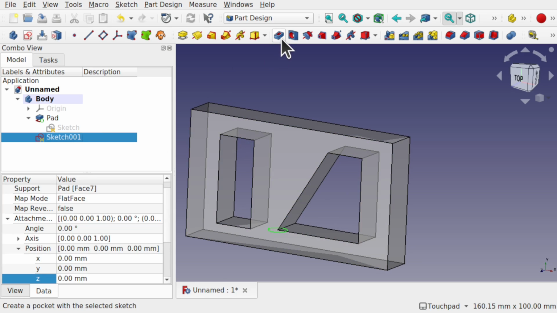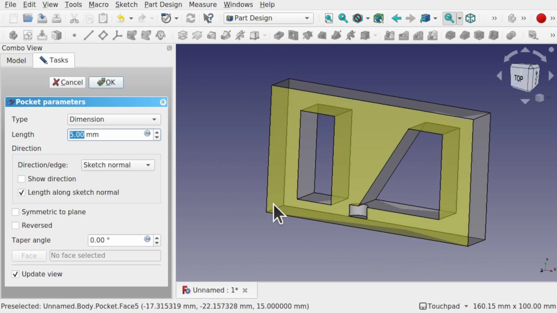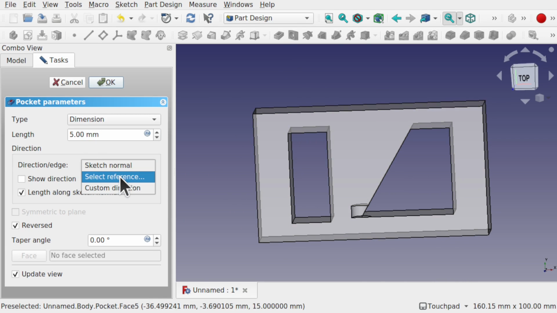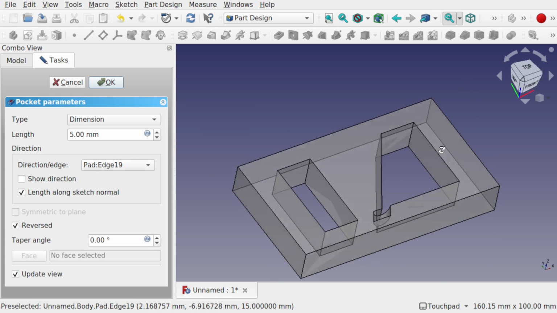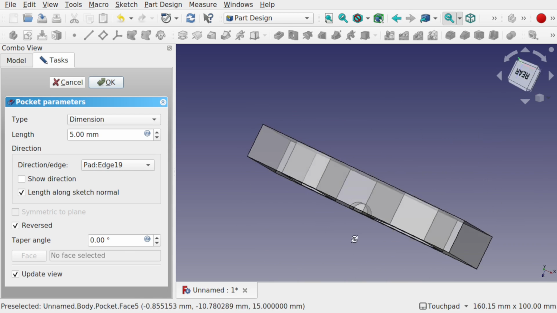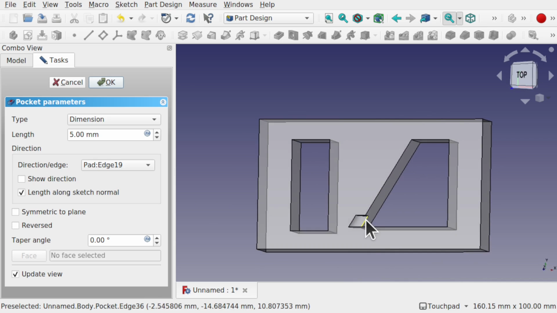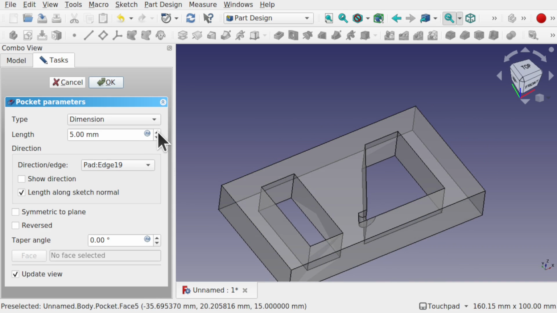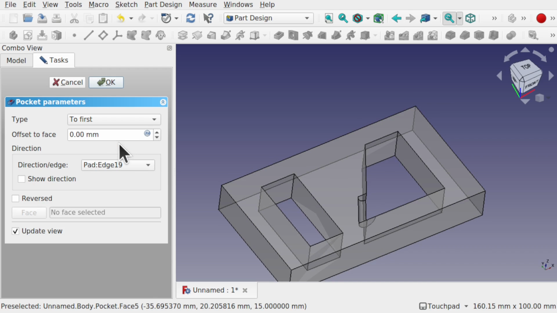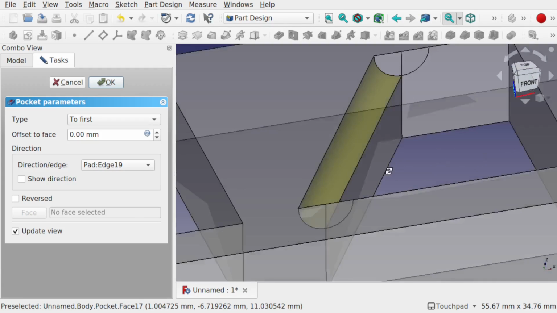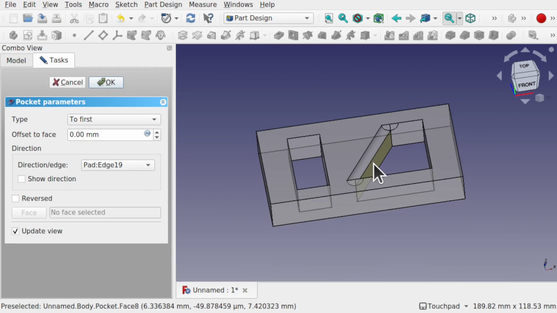Now let's use the pocket. It's going down at the moment. I want it reversed. And I'm going to select a reference. This time, this edge. You can see what's happened there. It's following that edge, and we're getting that half circle there. Let's use normal direction because we've got it in reverse at the moment, and increase that. Change this to first, and we've now created a groove running along that edge, using that edge